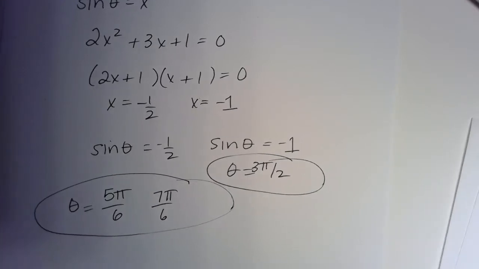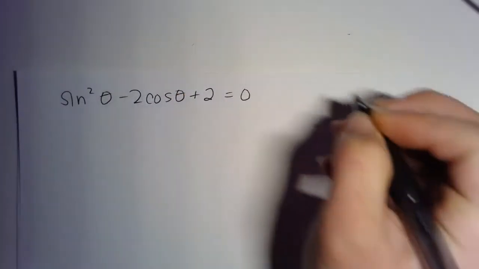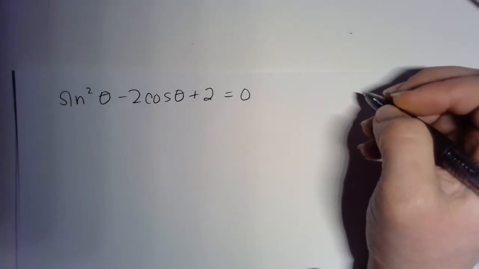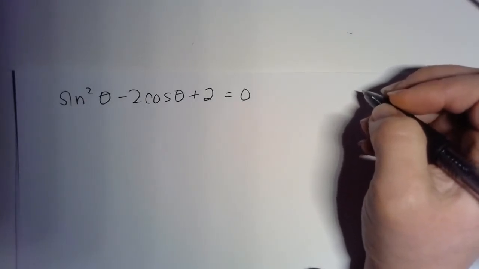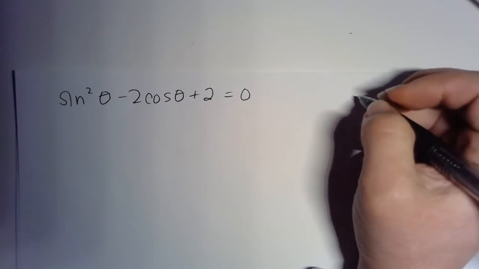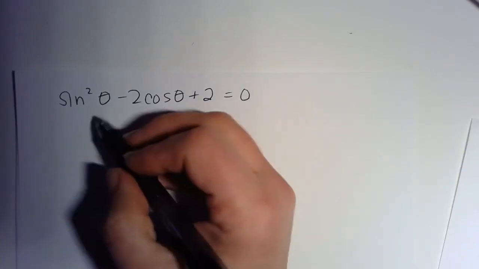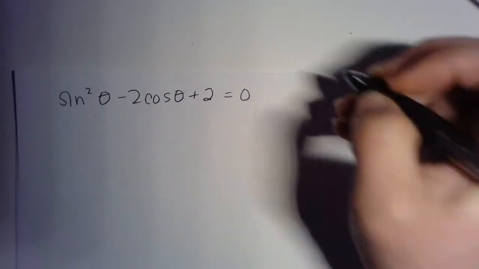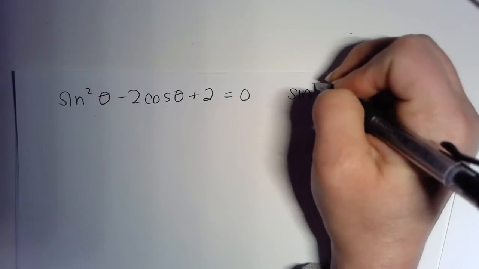All right. So let's do one where we're going to have to use an identity this time. How about if we have sine squared of theta minus 2 cosine of theta plus 2 equals 0. We're going to keep our same restriction that theta will be between 0 and 2 pi. Okay, so this one I can't factor as is, because in the other one I had a sine in the middle and sine squared. Now I do have an identity that says that sine squared plus cosine squared